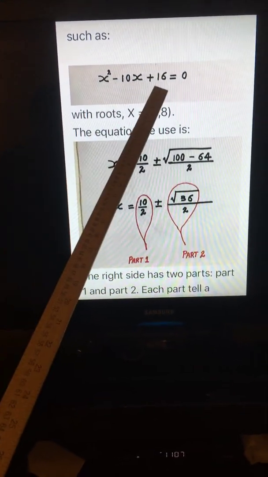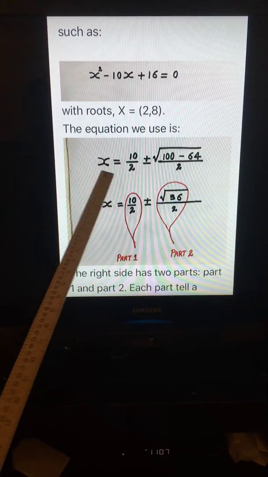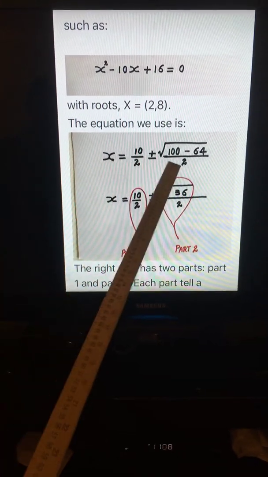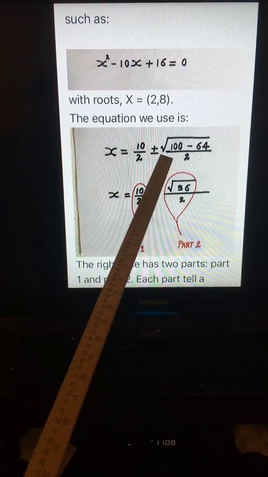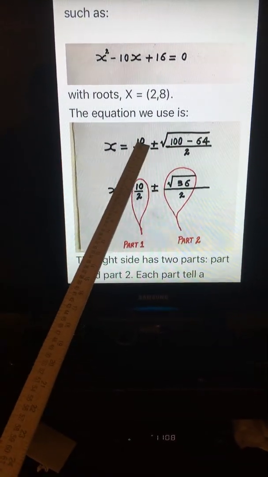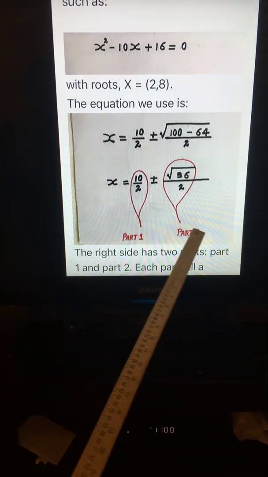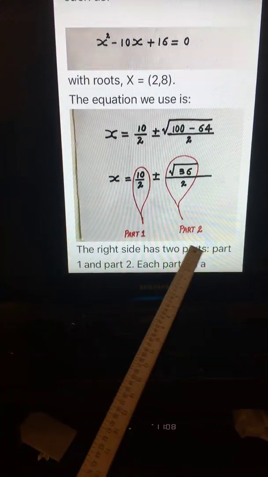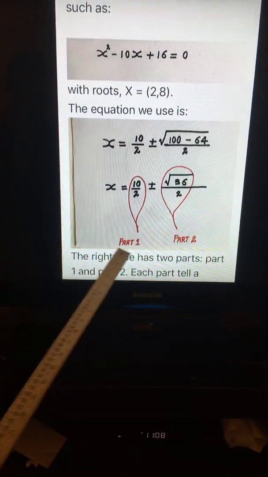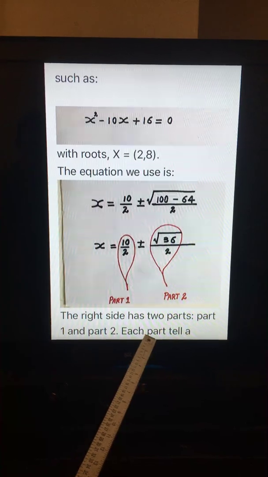And this equation is solved the normal way, and we get it in this fashion. One part is under root and the other part is 10 by 2. So, it is divided into two parts, part 1 and part 2. The right side has two parts, part 1 and part 2. Each part